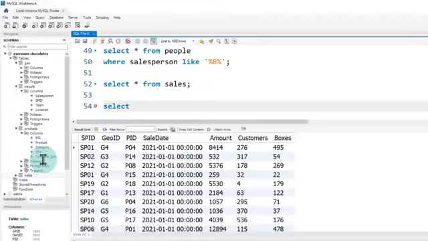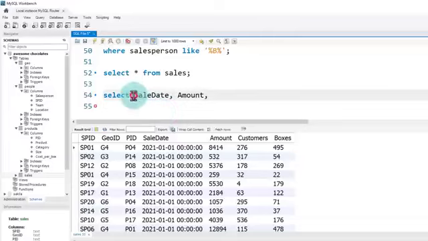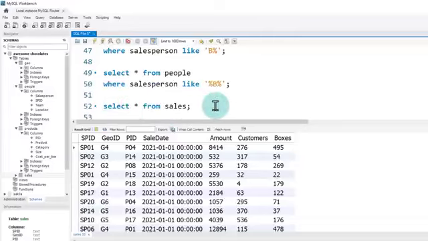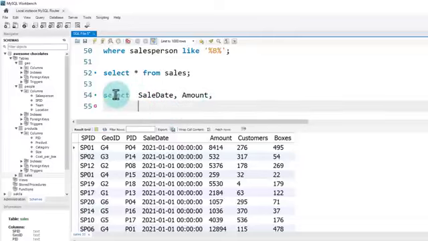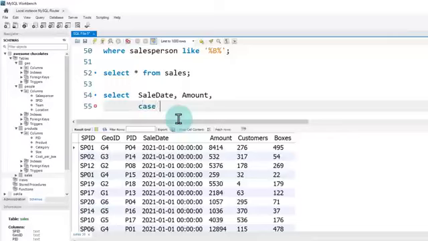So we say select, and then let's just print date amount. So sale date amount, and then the next one is an operation. It's a good idea to break your query into multiple lines. That way you know exactly where everything is. Normally when you are building bigger queries, usually you just have select in one line and then fields, and sometimes if there are many fields, then they'll go into multiple lines like this. And this is where you can use the tab key to indent your query so that everything looks nice and pretty. So select sale date and amount, and then the final one is case,